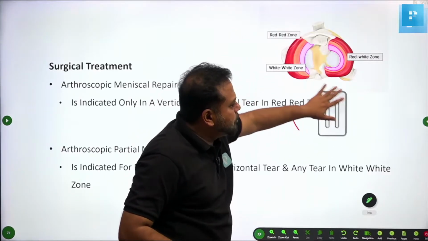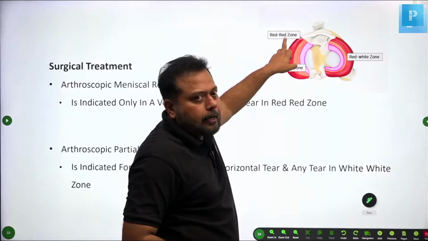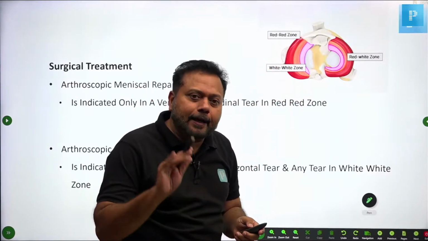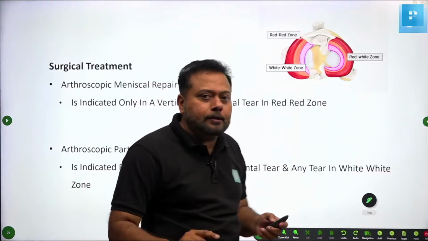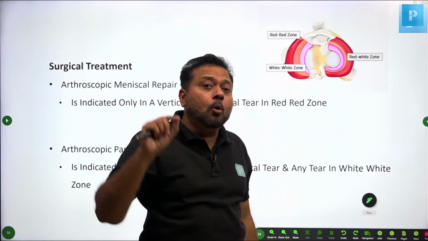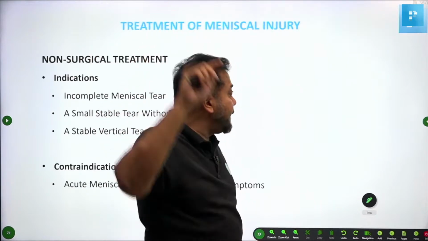Overall, the menisci is poor in blood supply. The outermost portion, which is called red zone, has some blood supply. So whenever some injury happens there, it will get healed. This is the concept. And this classification, the beautiful animation is there in our main video, O'Connor's classification. That's called O'Connor's classification. It's there in the main video.